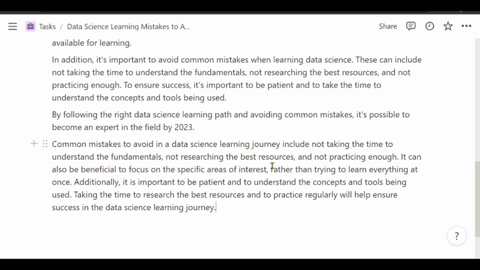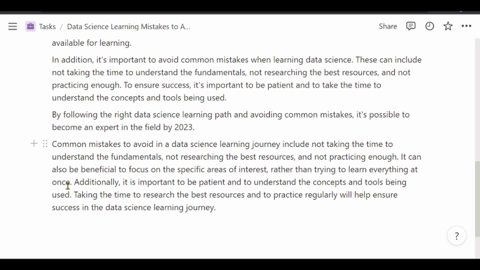Here, what it has generated is that common mistakes to avoid include not taking time to understand the fundamentals, which means that you should always understand the fundamentals of data science, not researching the best resources. You should take time and research for the best resources when you are learning data science in 2023, not practicing enough. In your data science learning path, you should always practice enough.